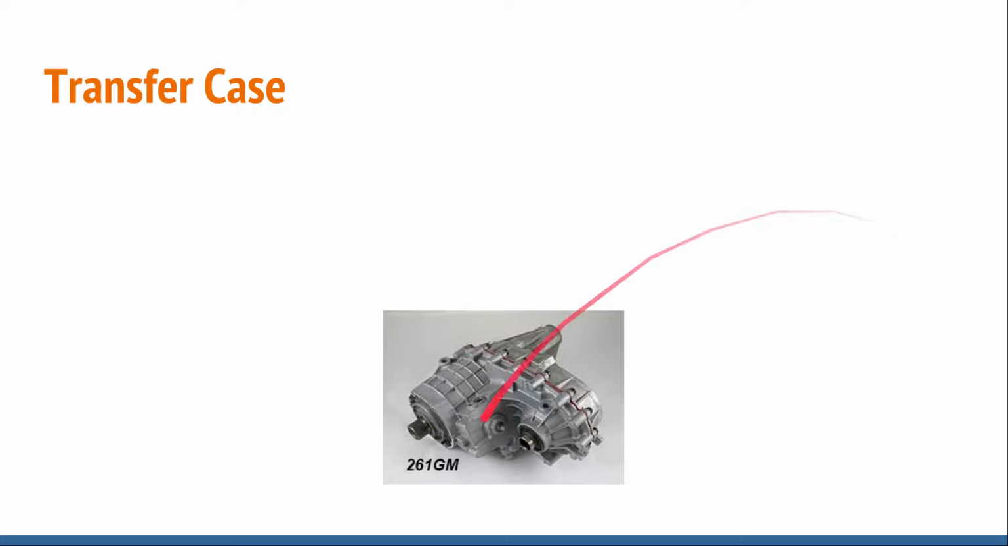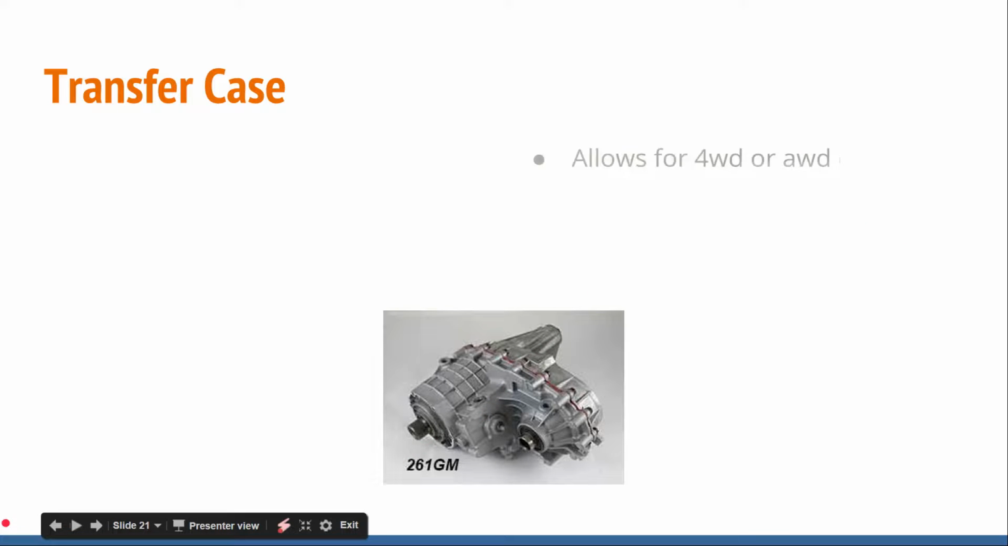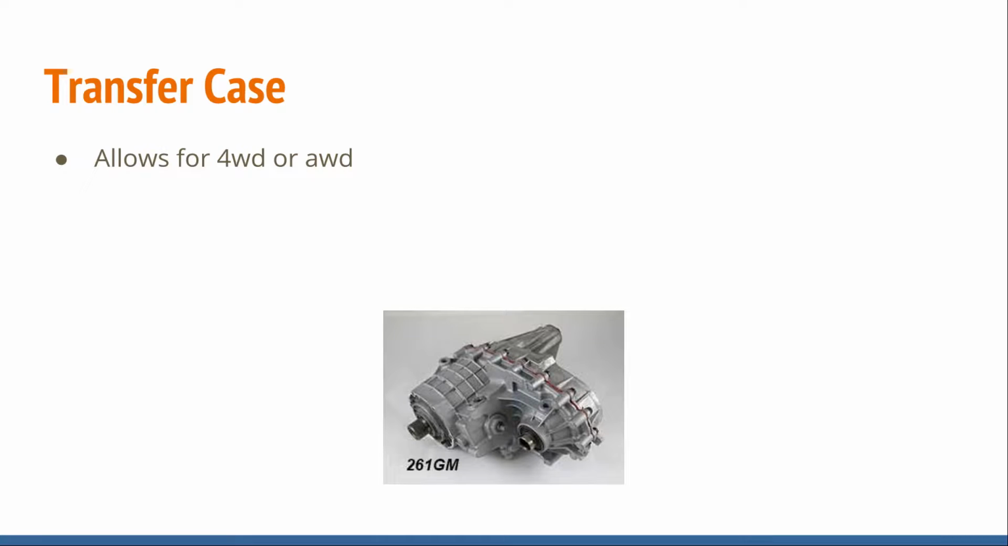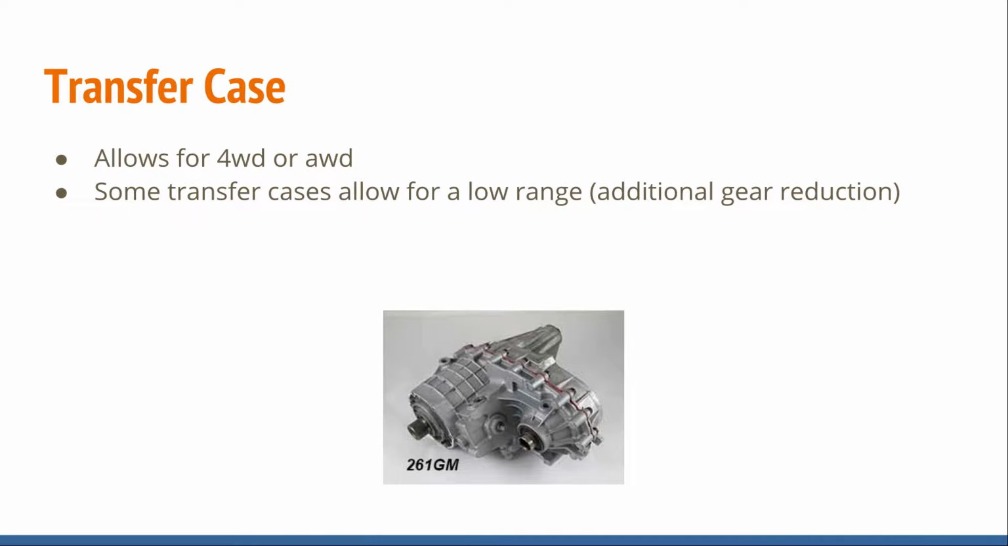Okay, transfer case, or T-case, allows for four-wheel drive or all-wheel drive operation. Some transfer cases also have a low range for additional gear reduction. Pickups sometimes will have what's 2 high, 4 high, and 4 low. And 4 low is really like a creeper gear. You probably can't go over 40 miles an hour in 4 low. But that's used for pulling a stump out of the ground, or I don't really ever use it, but